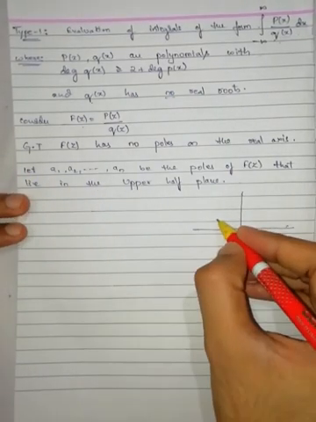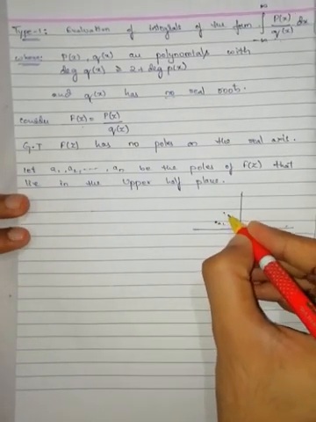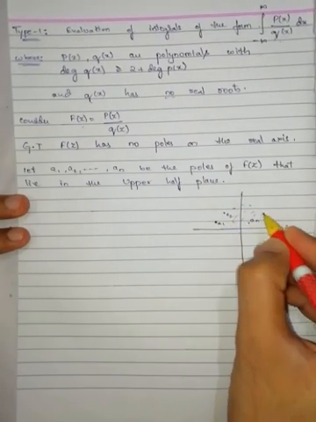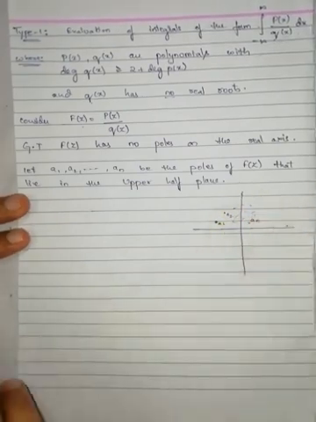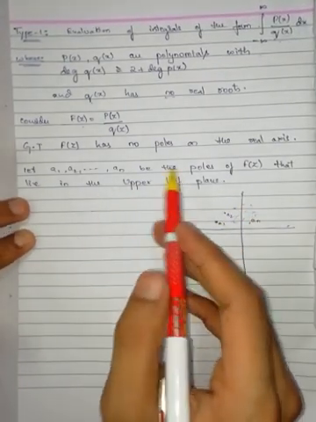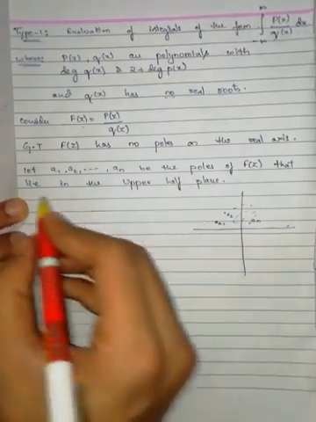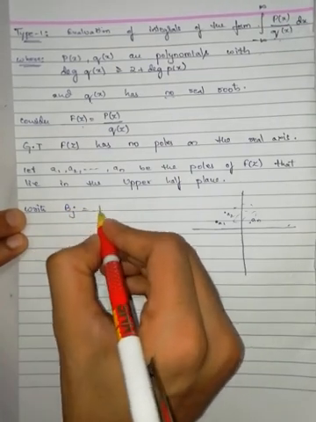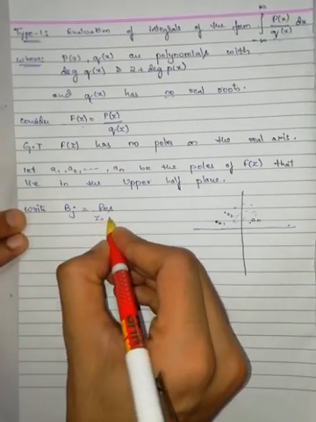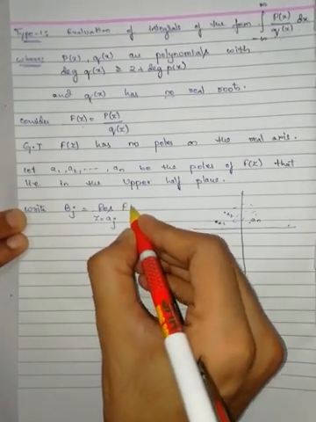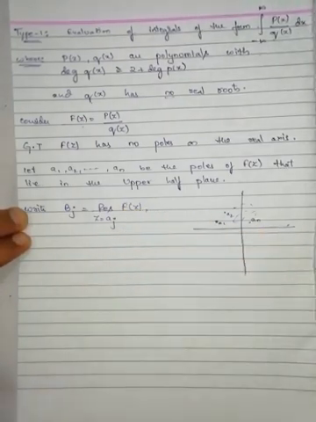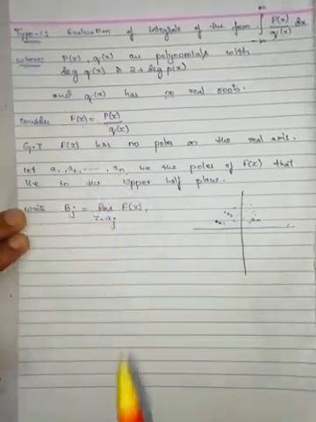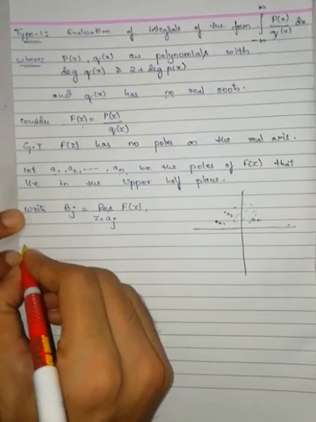Let a1, a2, ..., an be the poles in the upper half plane. Find the residue at each and every pole. Write bj as the residue of capital F of z at z equal to aj. That means finding the residue at each and every pole of the given function. Now choose